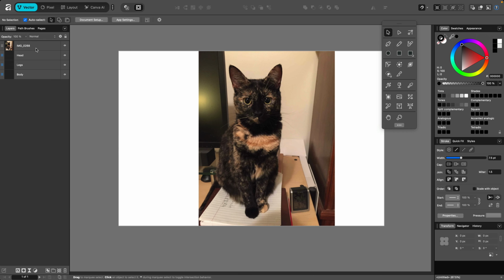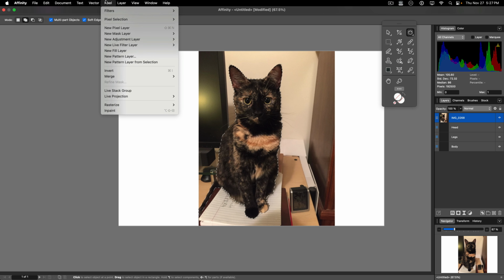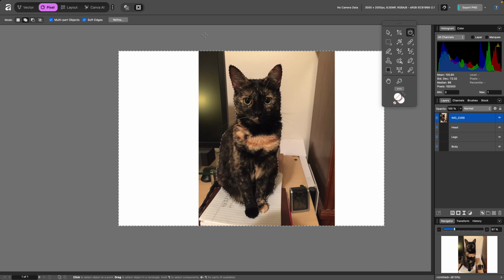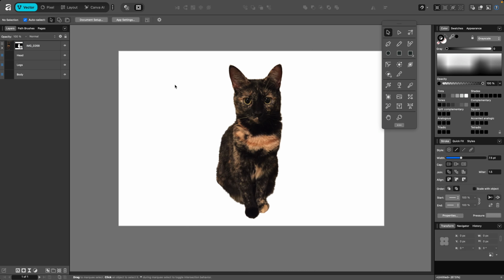So before I get into the Tourbox, I'm going to clean up this photo a little bit. So let's go to the Pixel Studio, and I just want to quickly select her. Let me do the inverse and then just delete the background, and let me get rid of this, her tail, but it doesn't really look that good, so there we go. That's good enough. So now we'll go back to the vector. So, okay,